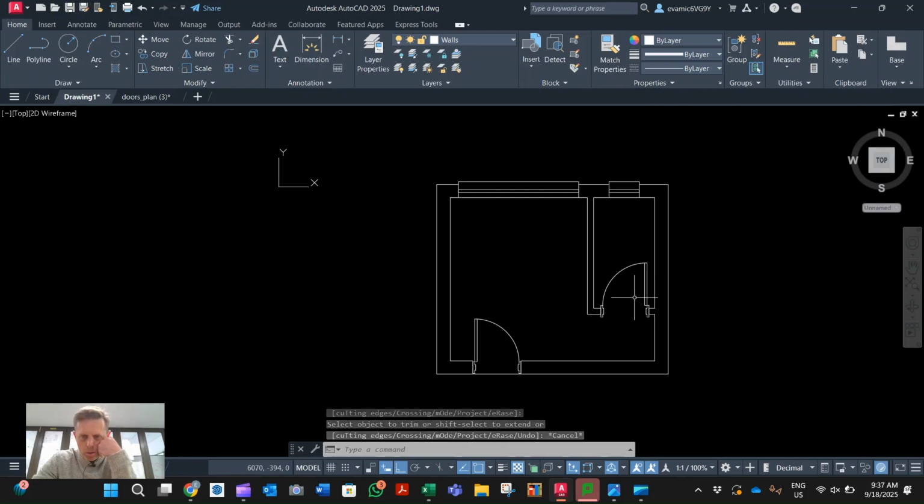In the next video, we'll probably look at some blocks, especially the water closet. Potentially, let's get some furniture into the